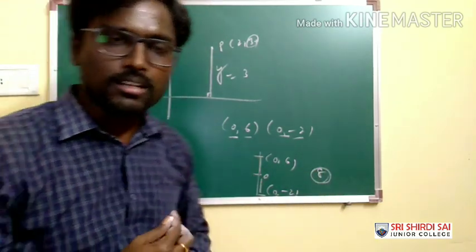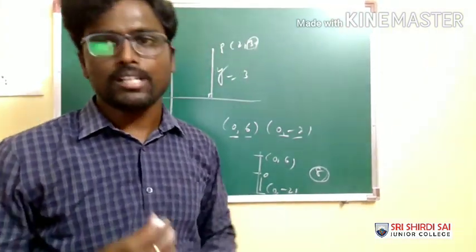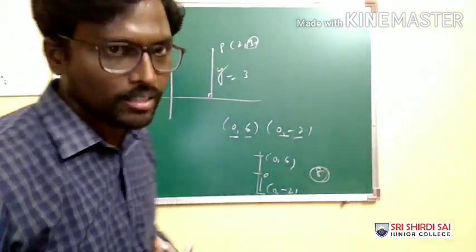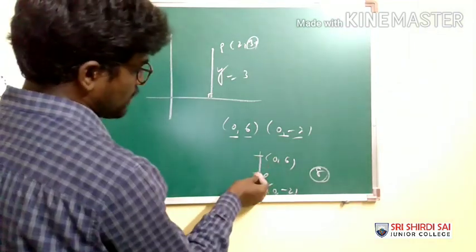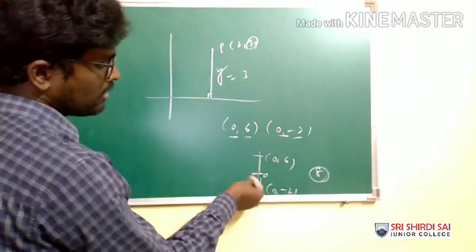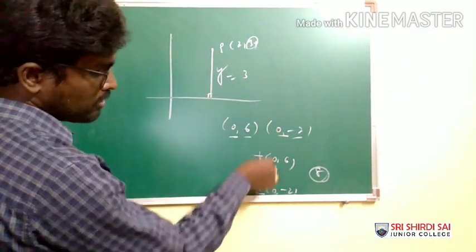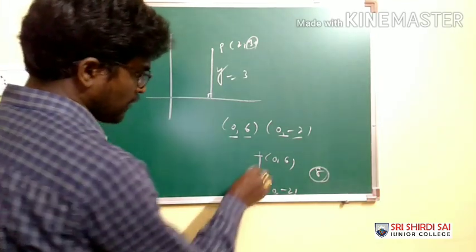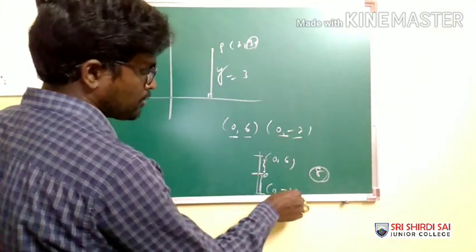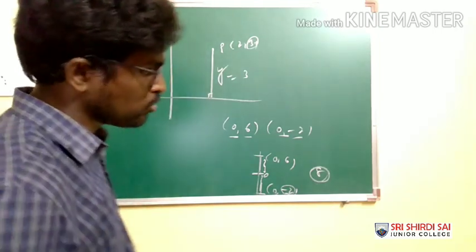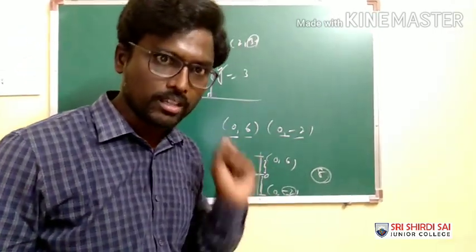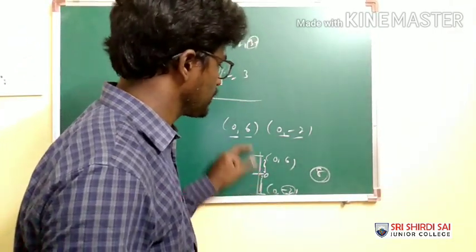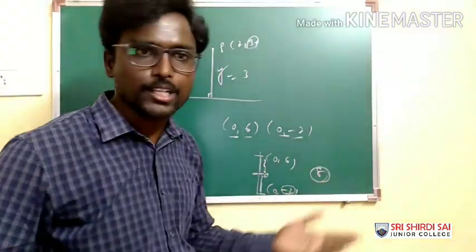What distance formula is applicable again here? Need not go for any distance formula. Don't kill your time. I repeat. (0, 6) lies above the origin on the y-axis and (0, -2) lies below the origin on the y-axis. Therefore, it is of 6 units and this is of 2 units, because we are talking about distance. So don't consider the negative sign. You consider only plus 2. 6 units plus 2 units. Distance between these 2 points will give you 8 units.